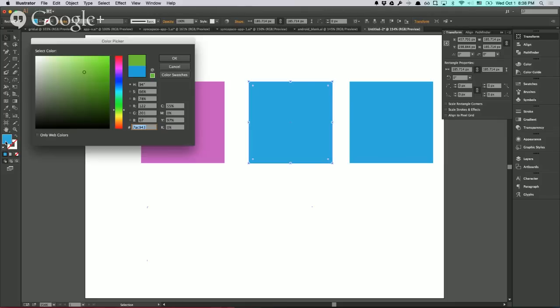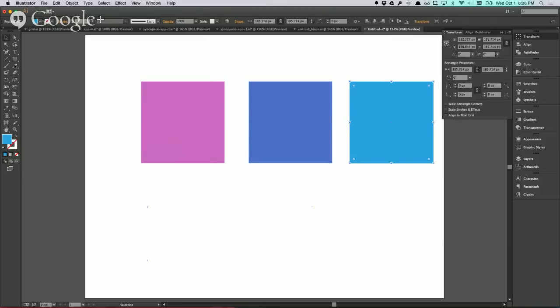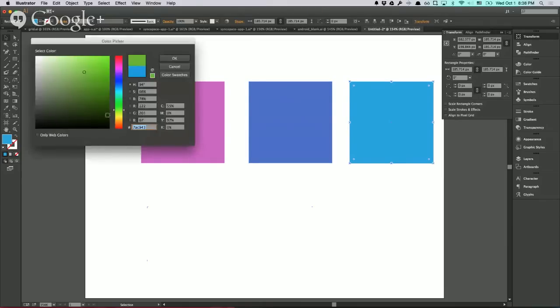Now we can go to the next box, and remembering the saturation and brightness, we can make a color palette that matches. So we have this lovely magenta. We'll go over and throw a blue in there. And remembering those values from before, 60 for saturation and 80 for brightness, we can make a blue that matches pretty well. You can do this for any number of colors you want,